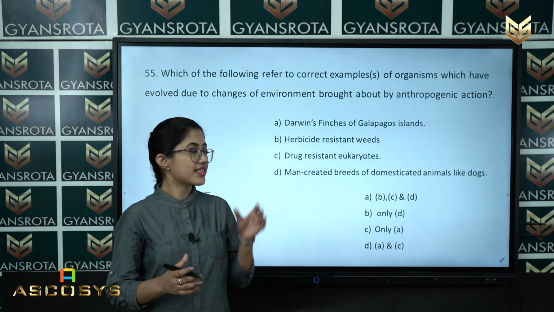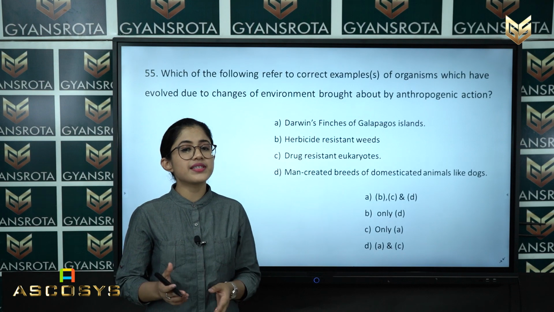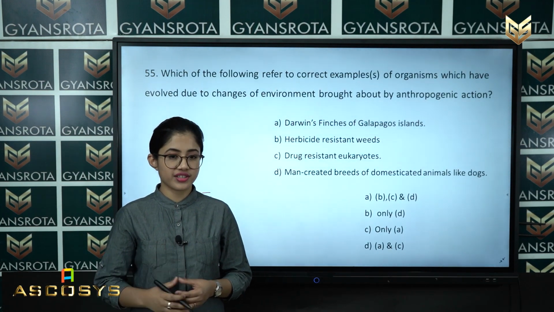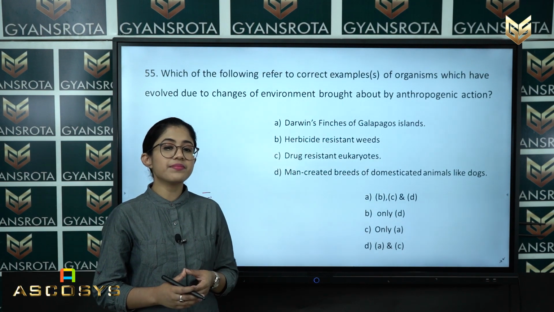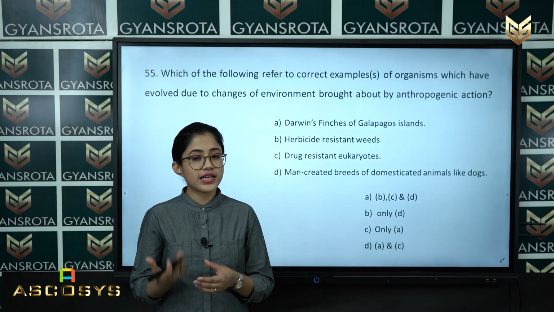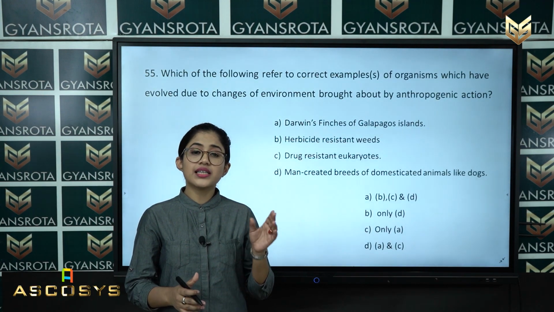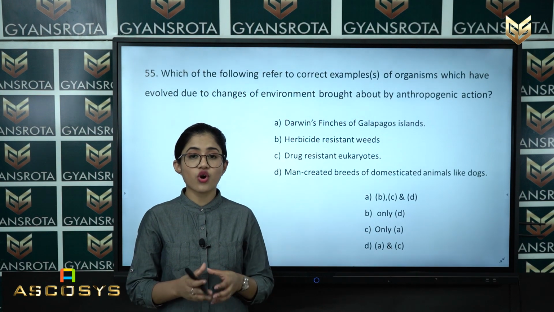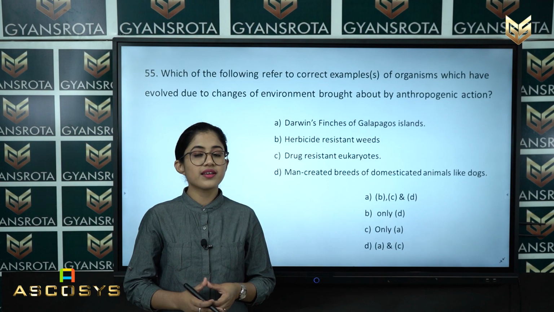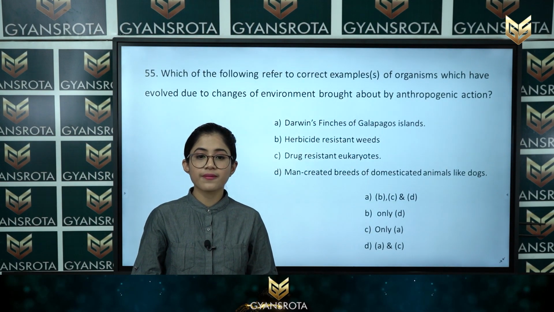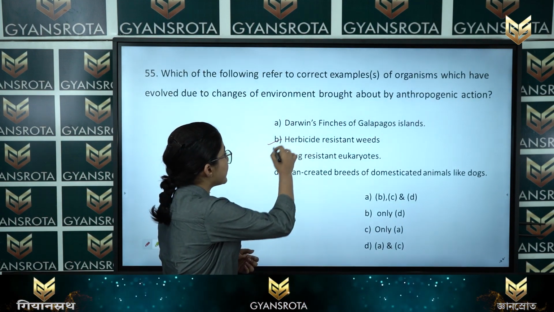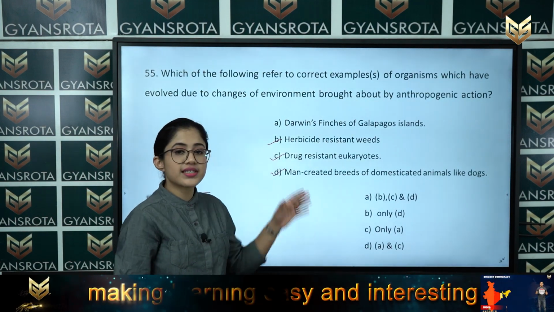Now, the next is statement number B, herbicide resistant weeds, that is caused by anthropogenic action. Third statement is drug resistant eukaryotes, that is also by anthropogenic action. And the last one is man-created breeds of domesticated animals like dogs, that is caused by the interference by human beings, right? So, student, among these following 4 statements, statements B, C and D are